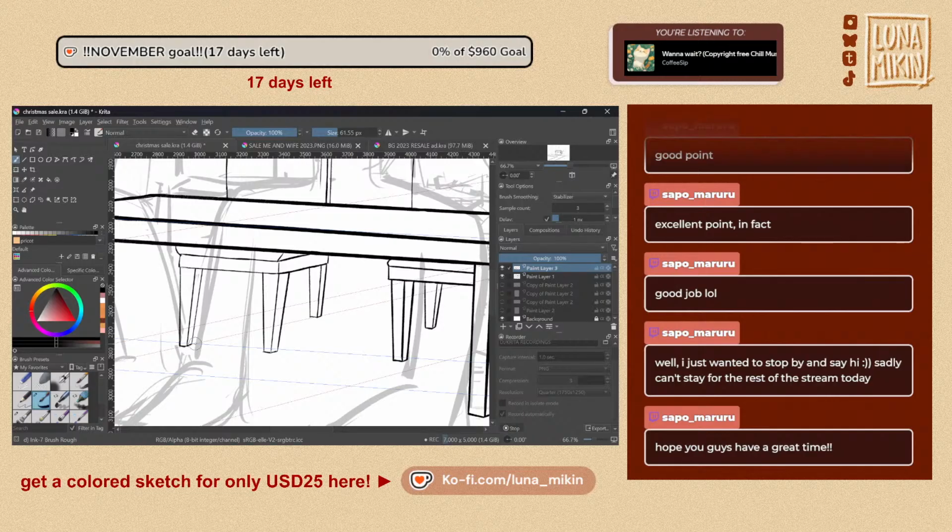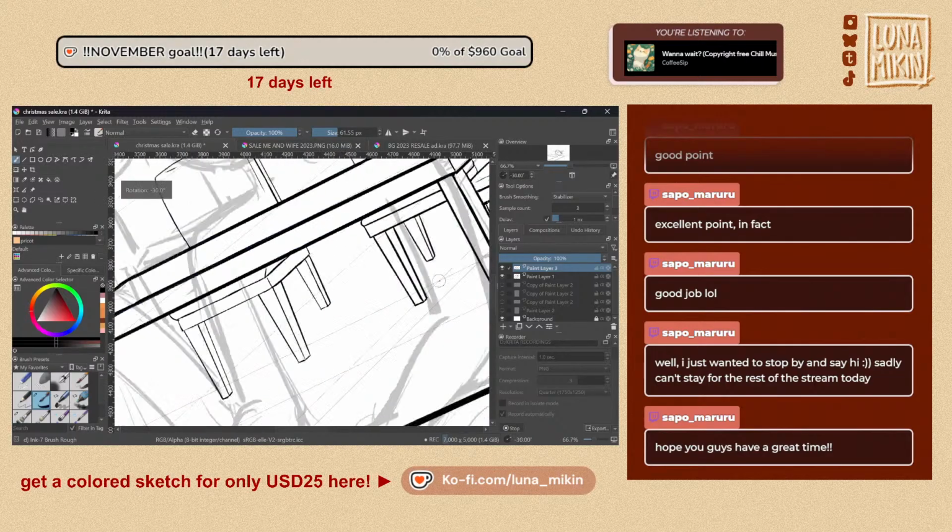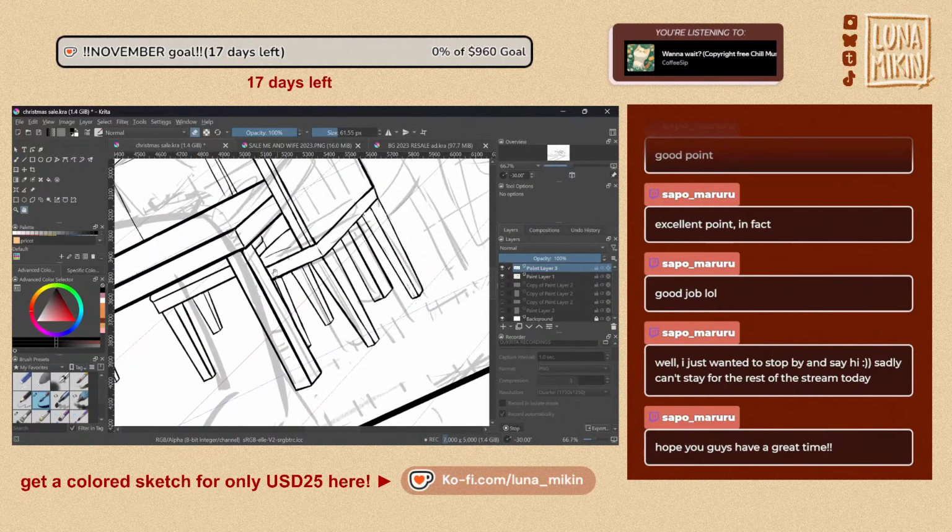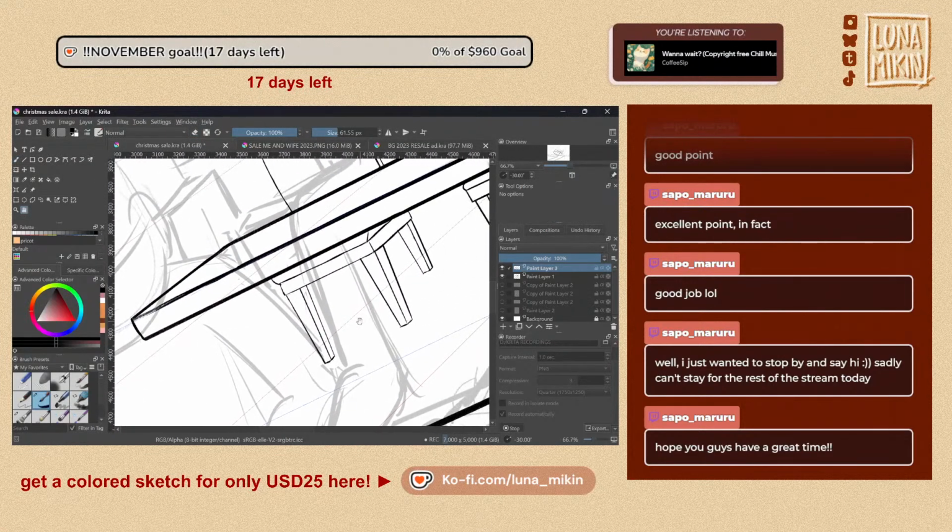I can check if everything is in line. This one here should be a little bit higher to fit the perspective of this line. Just gonna follow that, mark it down here, fix it. Here should be like that, that's covering. Okay. Now next,